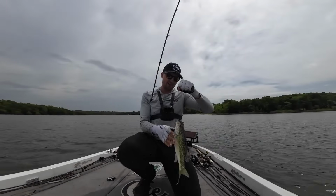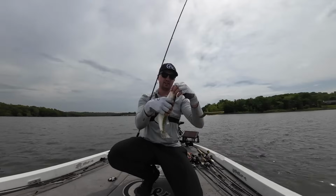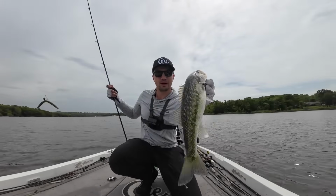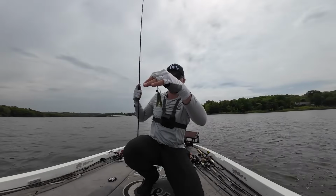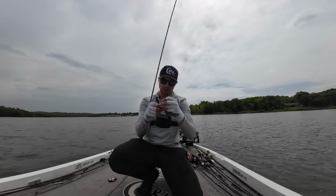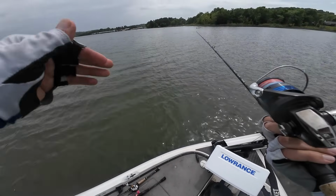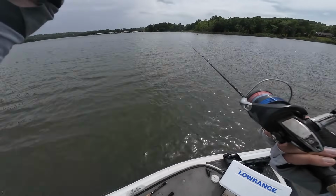Nice fish right there. I'm telling you guys, this technique works. Nice fish. It actually has a hook mark in him. That fish had a hook mark in his mouth because he'd already been caught, and he bit this bait, even though he'd already been caught. That's pretty cool. Anyways, getting back to my story, basically these guys were skipping Wacky rigs under boat docks and